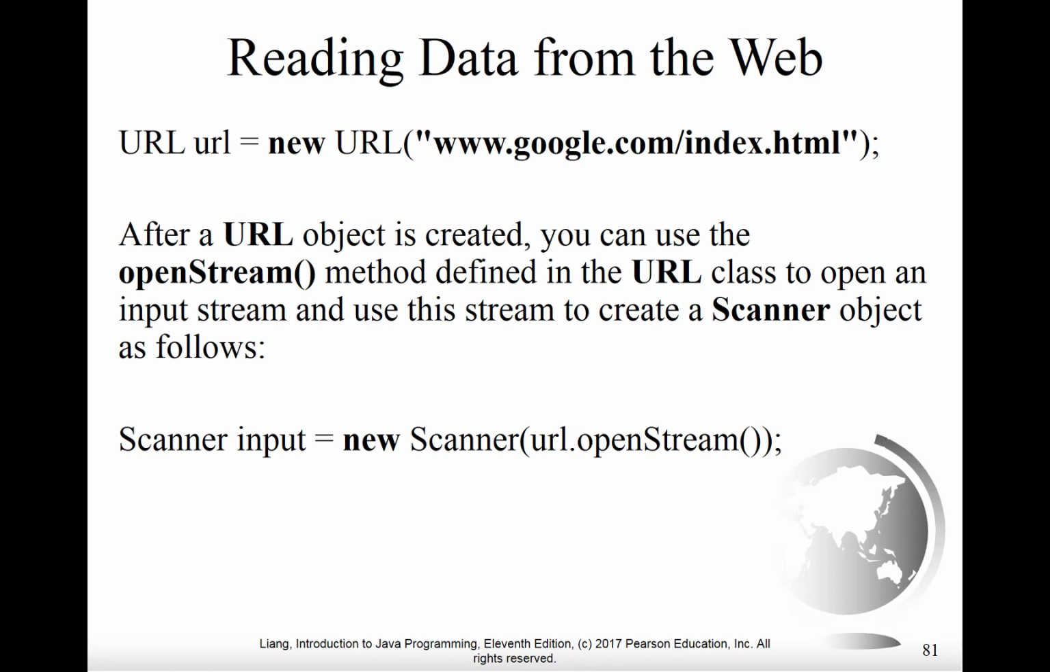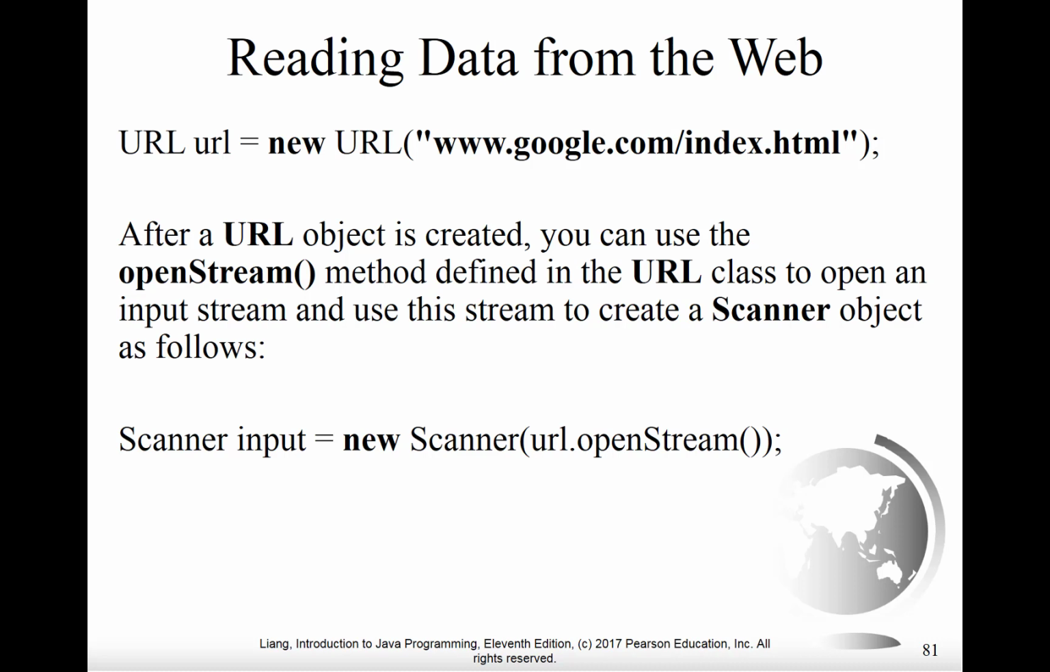To do this, we create a URL object in Java by saying URL and then giving a name to call it, in this case lowercase url, equals new capital URL, and then in brackets as a quoted literal string we give a URL. In this case, they have an example here of www.google.com/index.html. After this URL object is created, you can then go ahead and use the openStream method that's defined in the URL class to open an input stream